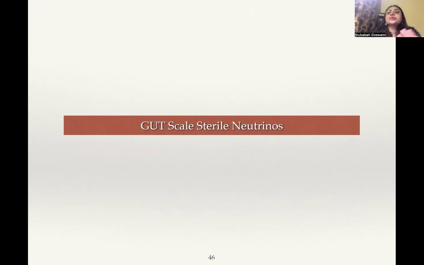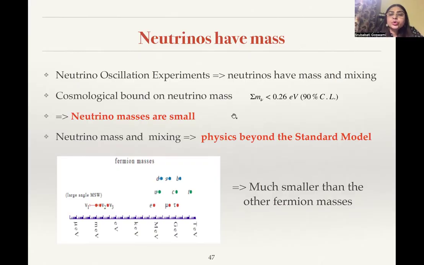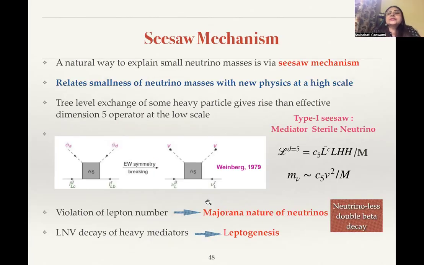So this is about the keV, and I also said that sterile neutrinos occur at all scales, and neutrino oscillation experiments have shown neutrinos have mass, and the cosmological bound on neutrino masses, like I said, varies from model to model, like it is 0.26. So neutrino masses are very small, and the mixing angles are also different, and neutrino masses are much smaller than the other fermion masses. And what explains these small masses? A natural way to explain this is the seesaw mechanism,